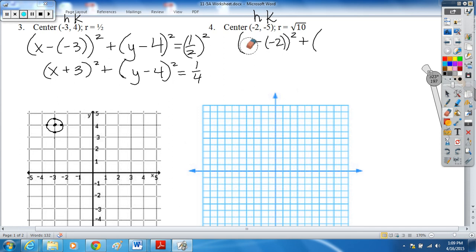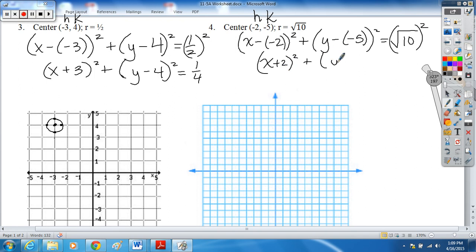(x - h)² + (y - k)² = (√10)². Okay? So we simplify the first two terms here. I think those are easy enough to do. Hopefully you've already done that. Okay? Now,